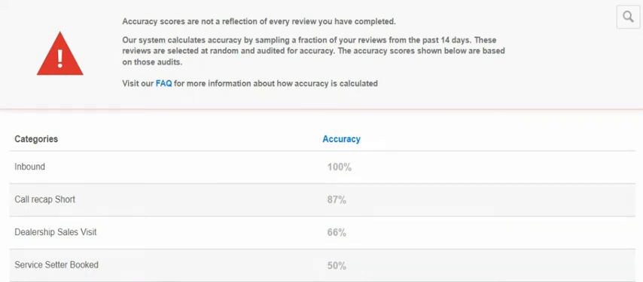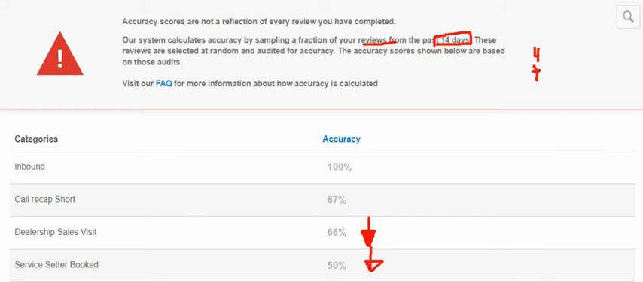Accuracy scores are not a reflection of every review you have completed. Our system calculates accuracy by sampling a fraction of your reviews from 14 days. So for example, you have a lot of mistakes within a day, say 4 mistakes, 3 mistakes in this category. Your accuracy will drop to like 50%, 60%, but they will not remove you